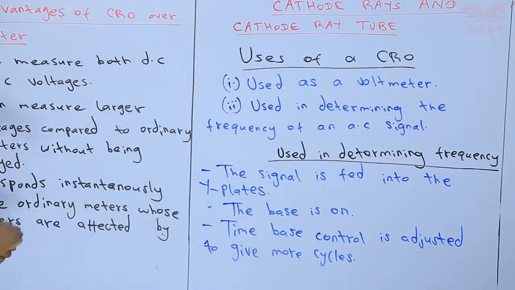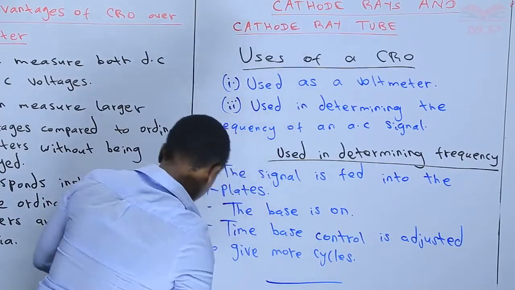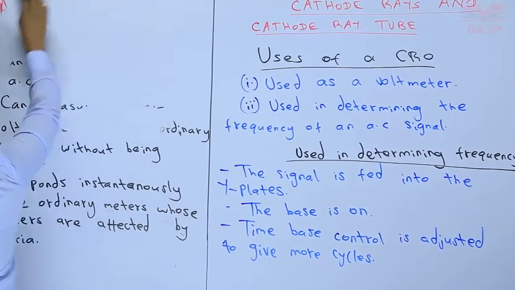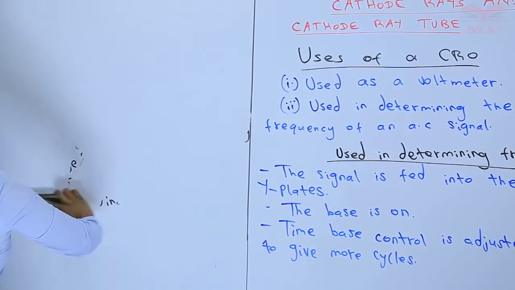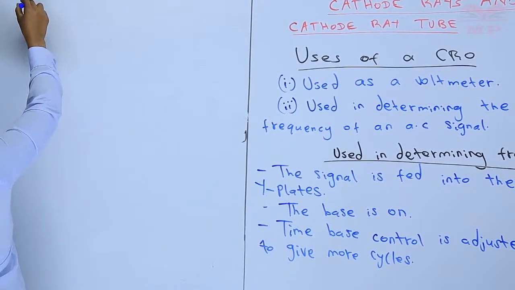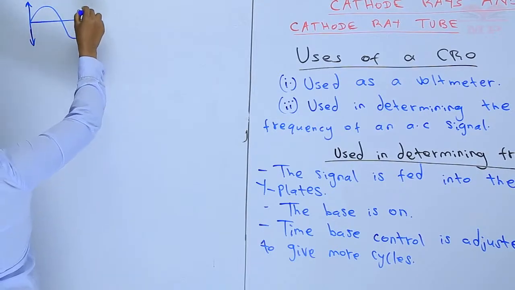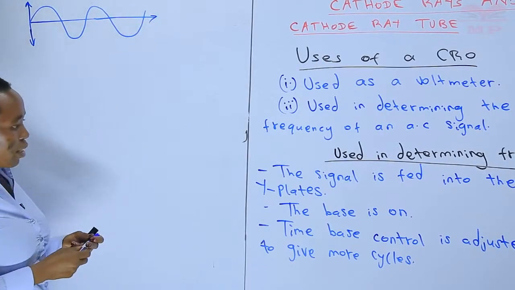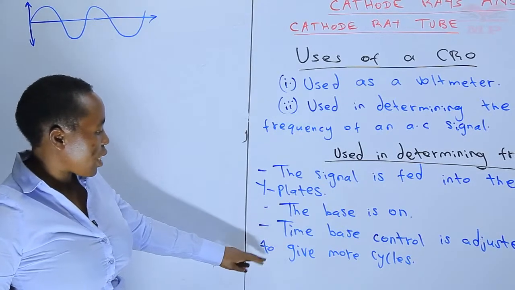Remember, in this we are going to have the formation of the cycles. So we can have this. That's what we are going to have. So when the time base is on and the time base control is adjusted to give more cycles,